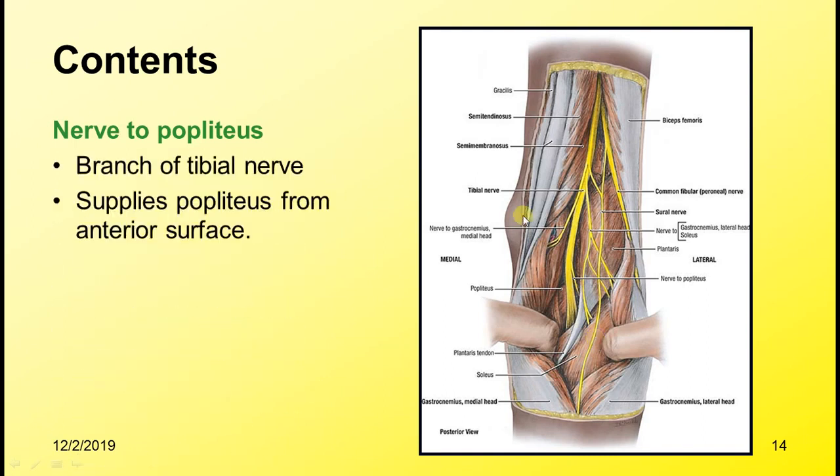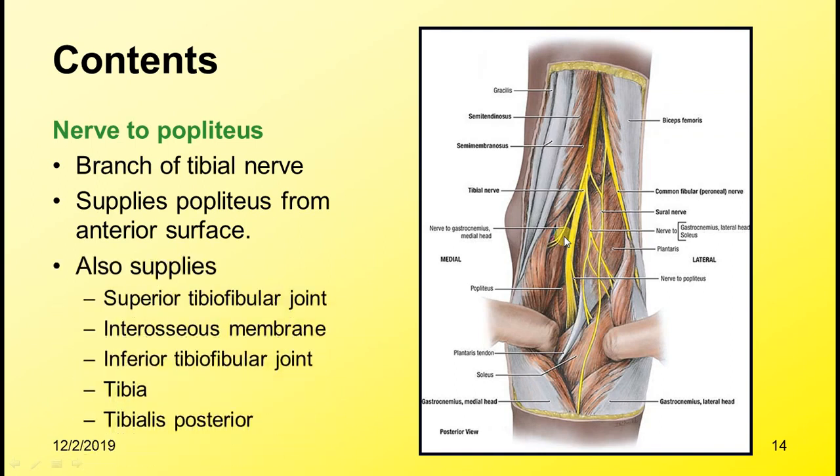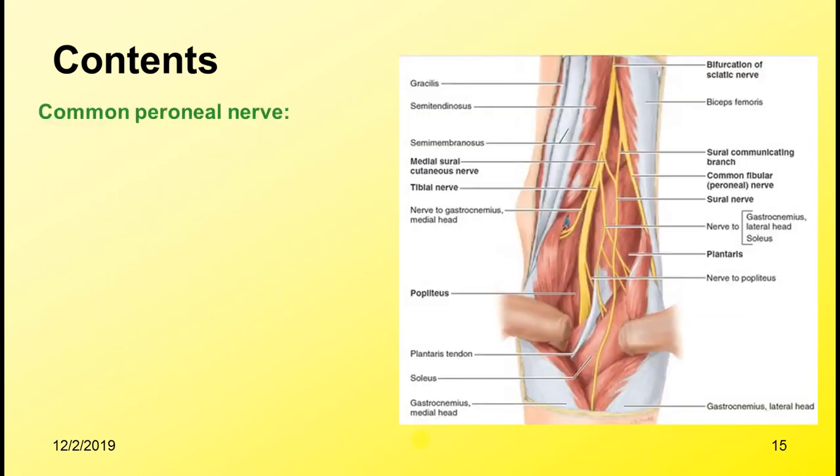Okay. So the branch of the tibial nerve supplies popliteus and also supplies these structures which I have already mentioned: superior tibiofibular, interosseous, inferior tibiofibular, tibialis posterior, and also the tibia through the nutrient foramen. The next branch which you come across, the smaller branch of the sciatic nerve, is the common peroneal nerve, also